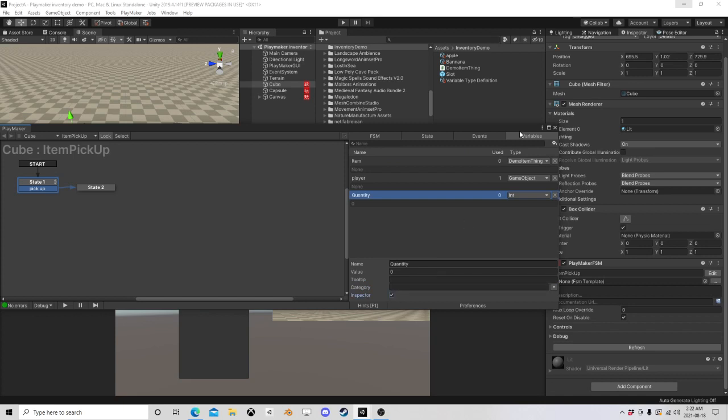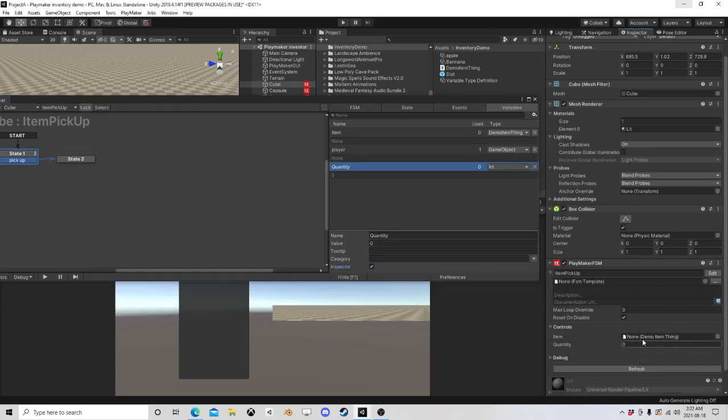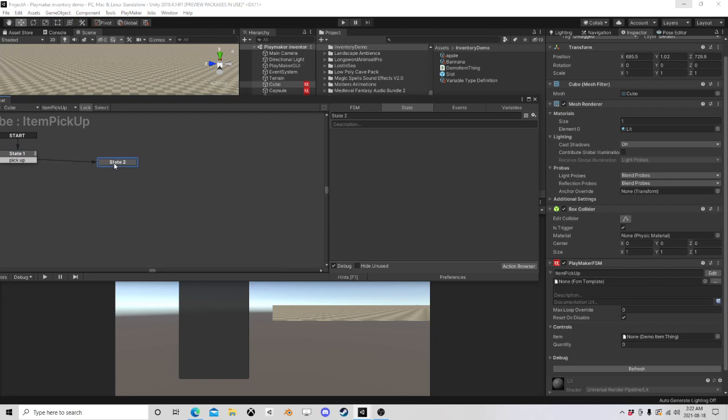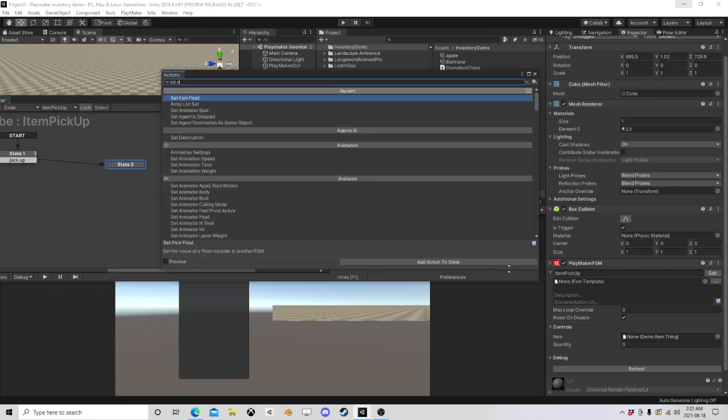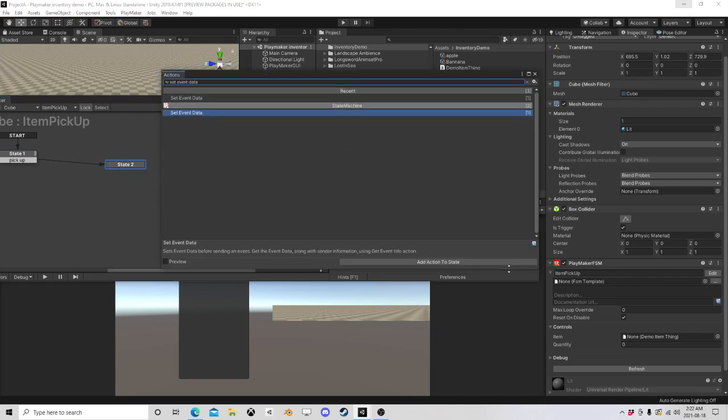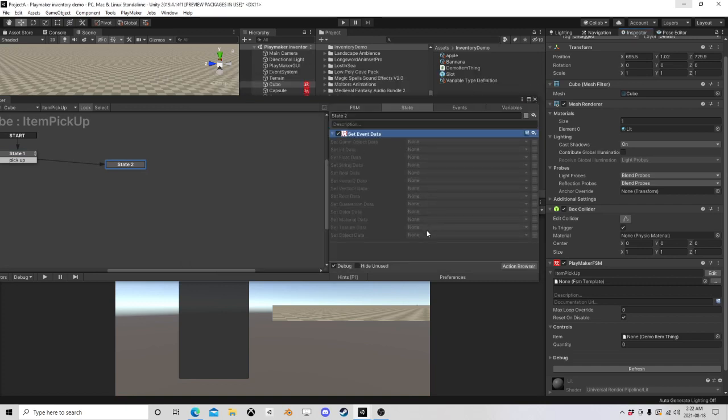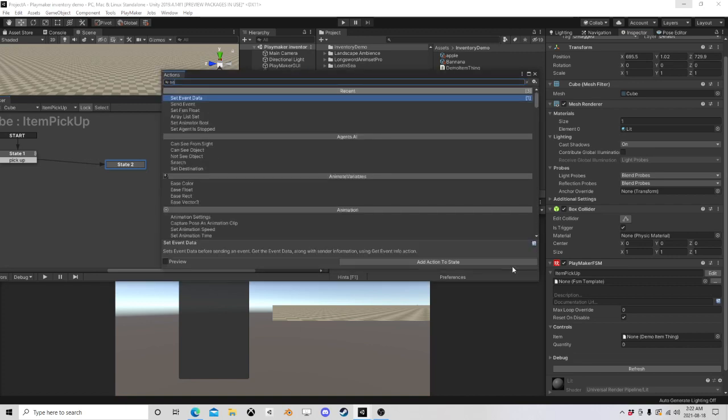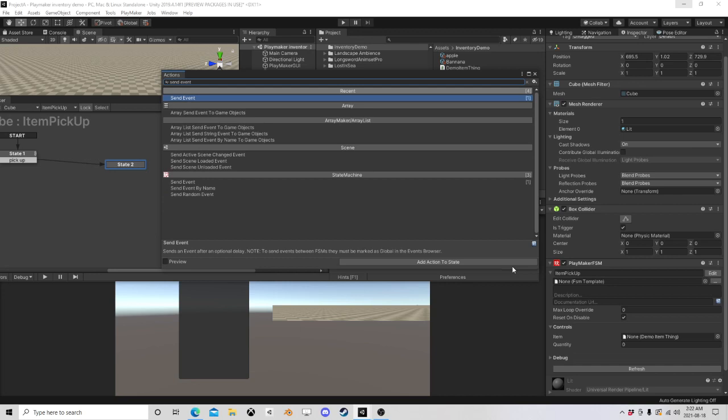Put that there, and you'll see those here. So all we want to do is set event data, and we want to set the item and the quantity, send event,